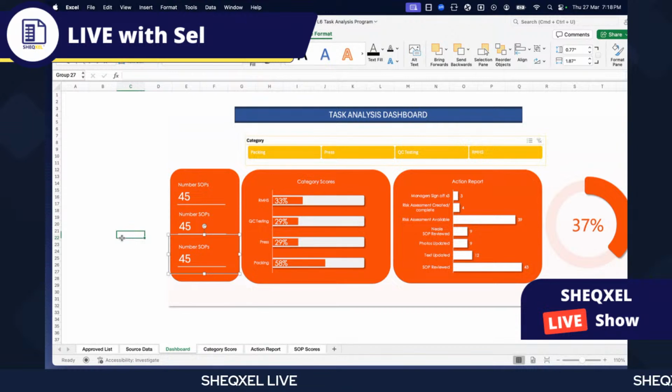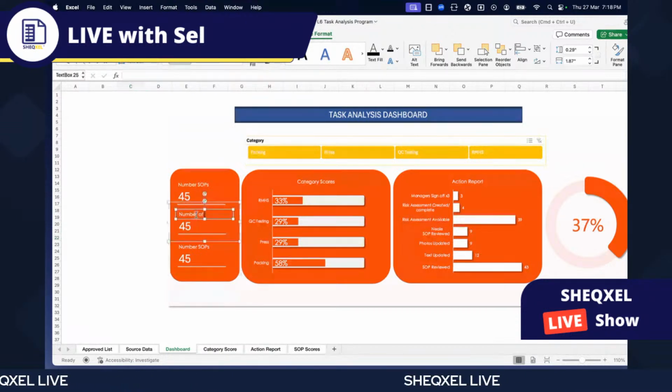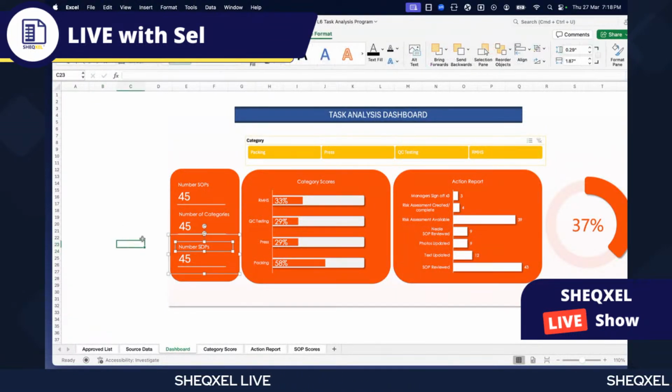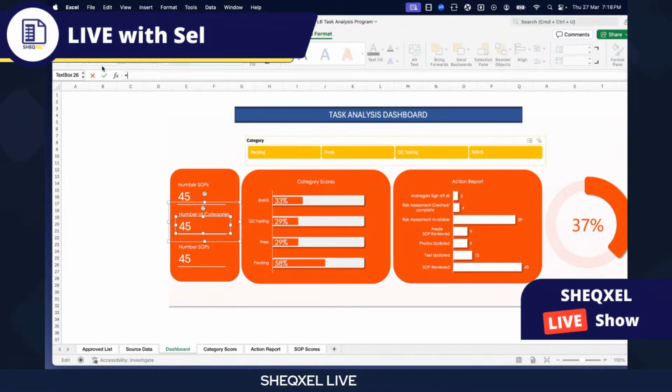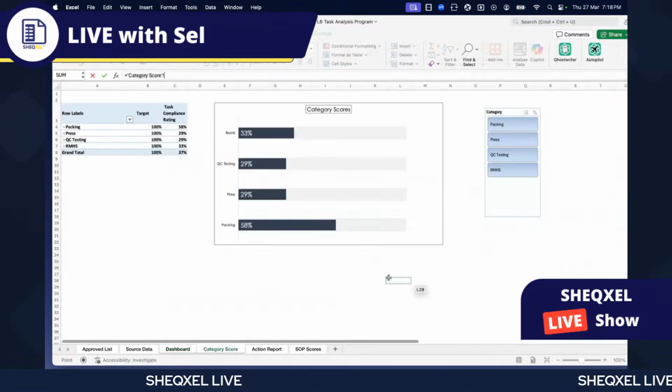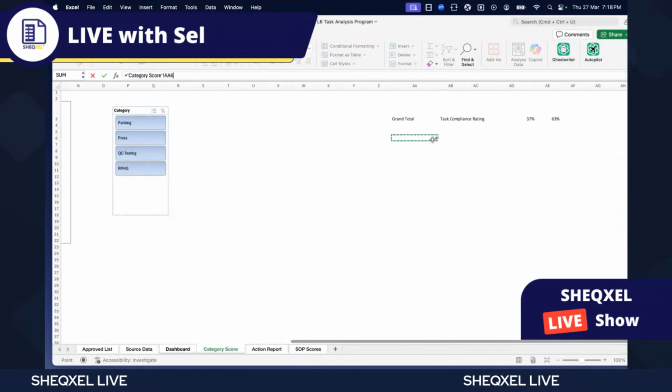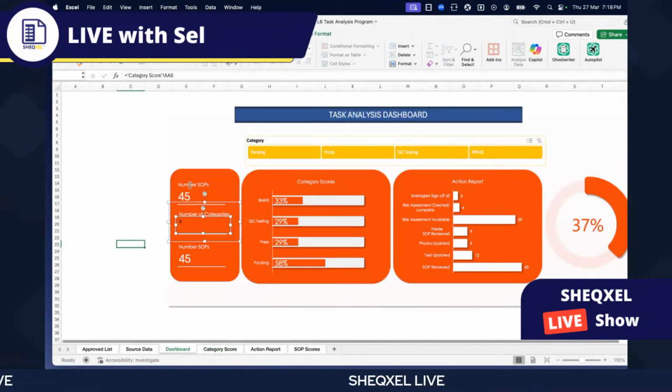So one is for the categories, number of categories. So we have the number of categories, and we will figure out what else we can introduce here. So here I could select the outline of it. I hit the equal sign and I come to the categories. Now the categories are how many? There are 4, right? So I select 4. Now the same thing, what's the format, right? I just remembered it's